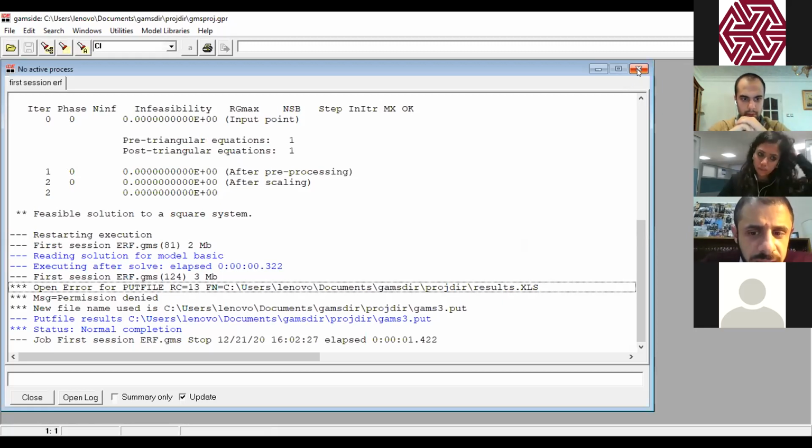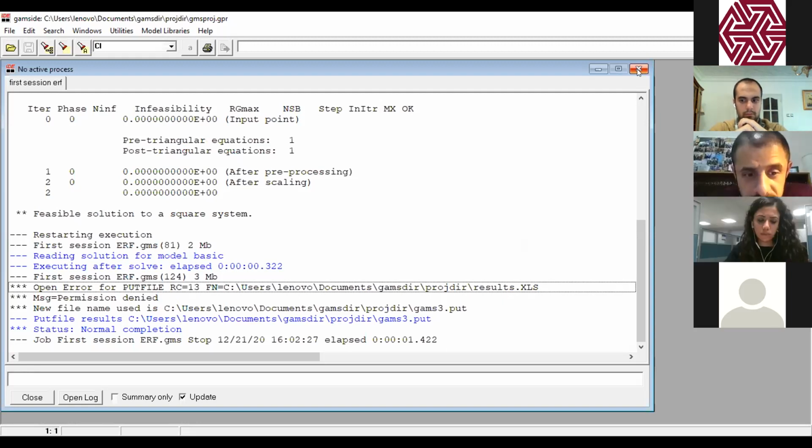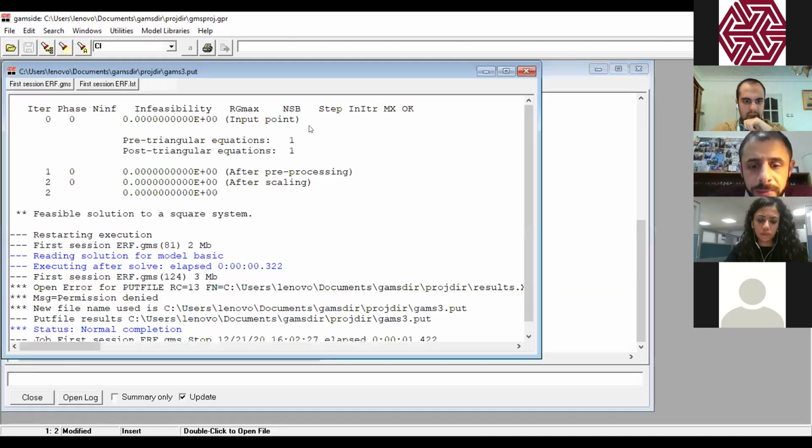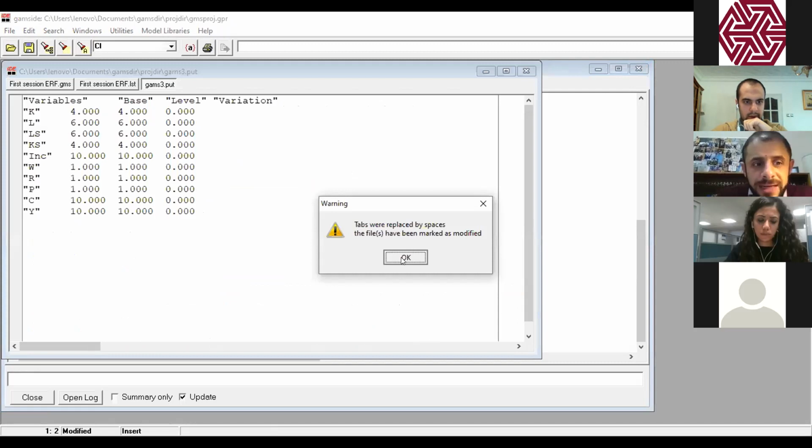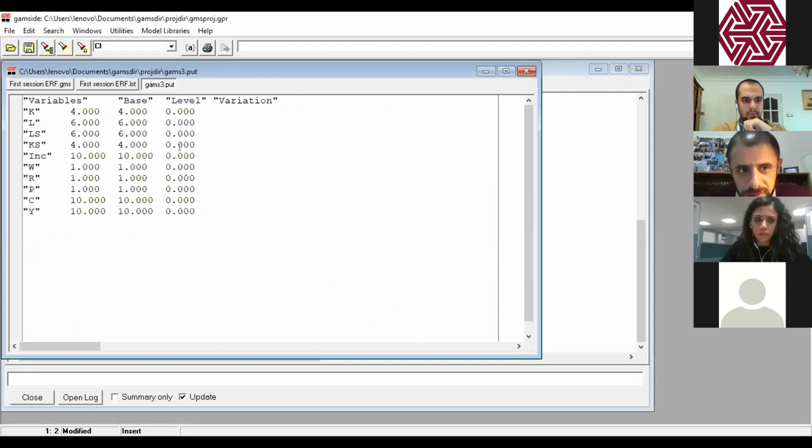It's not in general. GAMS works with the old version or the new version. It doesn't change anything as long as the two formats are included. So in any case, what is assuring is that we have zero infeasibility, that the feasible solution to a square system. And then when you click on this, we have the output, but we don't have the Excel sheet, but we have the output, I mean in GAMS, because if you click on it, we will obtain the table where we have exactly the 4 columns that we need.